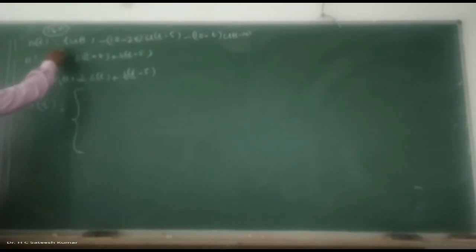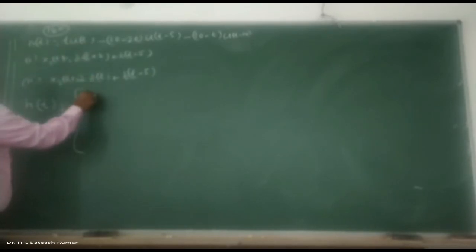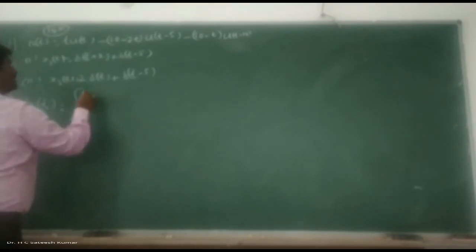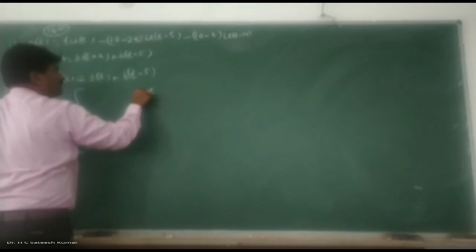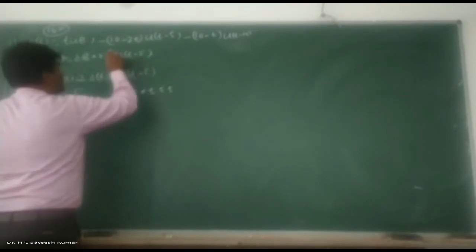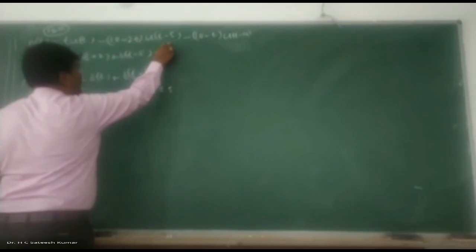Okay, h of t is equal to, look here, how to write it. Carefully observe. H of t is equal to t into u of t. T into u of t means starting from 0, up to 5. So t lies between 0 to 5, it starts from 0 up to 5 and the value is t. At 5 we are adding this slope, and at 10 I am adding this slope.